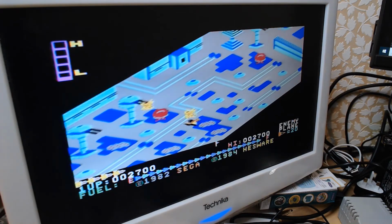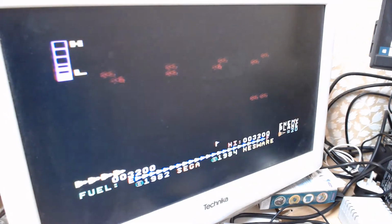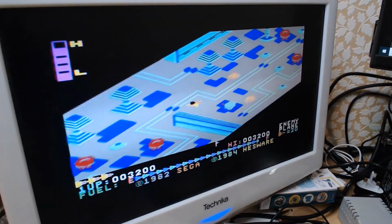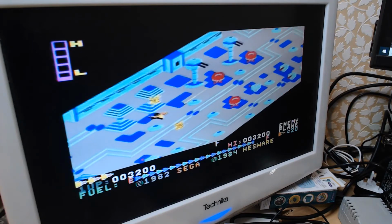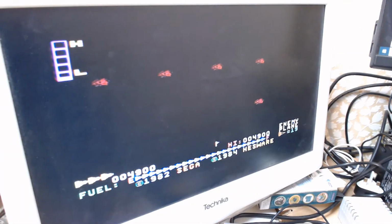And this was one of my favourite games. Although it was one of my favourite games, as we're just saying, it doesn't mean that I was very good at it. But so anyway,